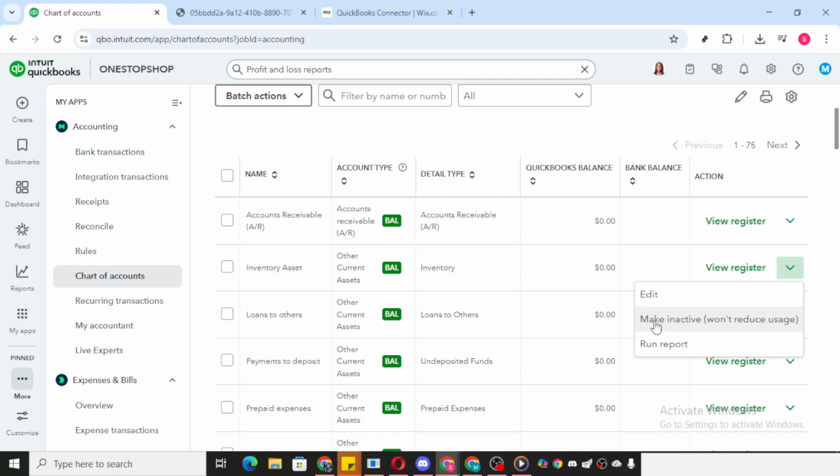That wraps up today's tutorial. By following these steps, you can ensure your chart of accounts in QuickBooks Online remains tidy and up to date, allowing you to focus on more critical accounting